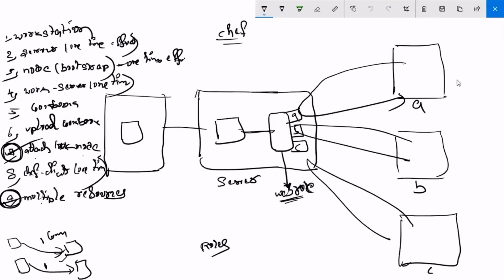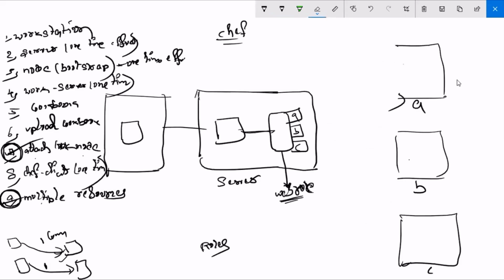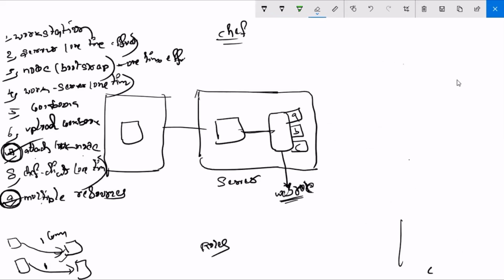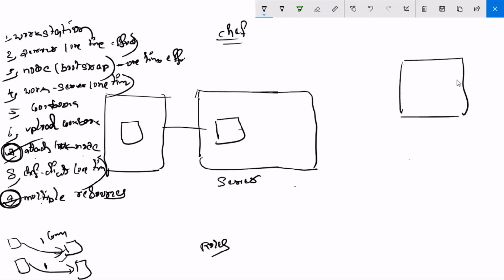So let's get started now. See here what I'm going to do now. I'm going to terminate the existing server first. Let me delete all these things. I'll show from scratch again. So first, let me launch two nodes. I'm going to launch two fresh nodes.